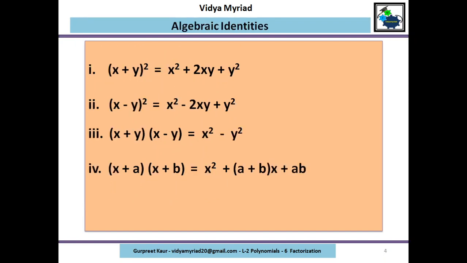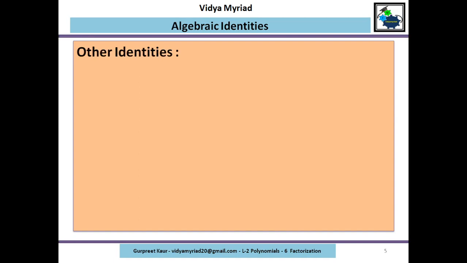These were the 4 basic identities which we have already done in the previous video. About the present one, the 5th identity is x plus y plus z the whole square. You need to remember these identities, so you have to learn them. For this you need to practice many questions and always write the identities before going to solve that particular question.